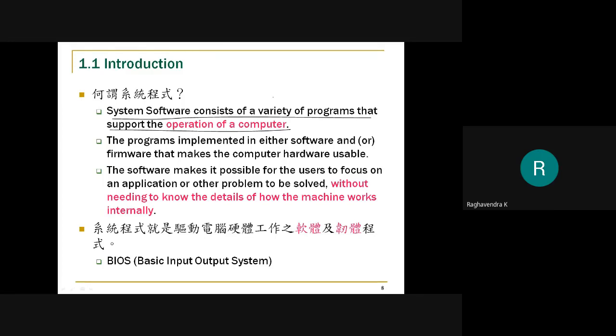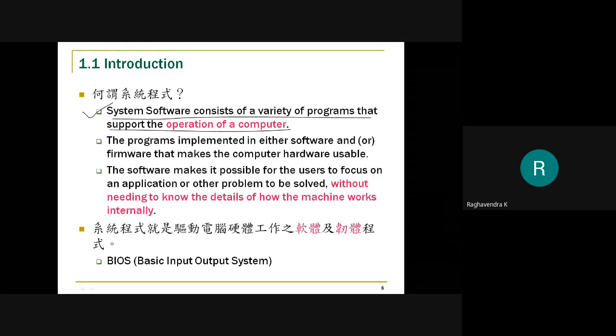If you want to access the hardware that is present on your computer system, you can't access it directly. You can, but it will be very difficult to handle. So things are handled by the system software, and it is made convenient for you to make use of. This is the purpose of using a system software.